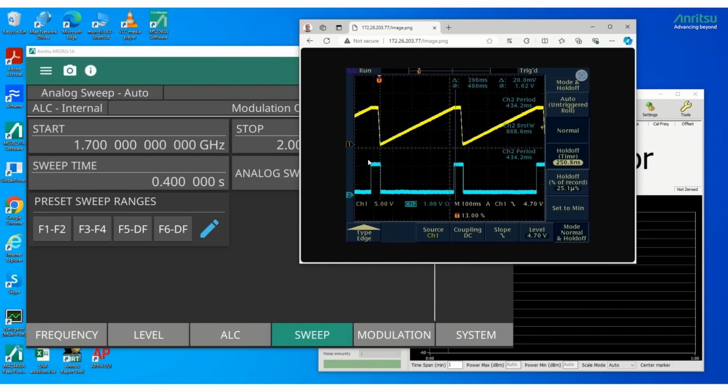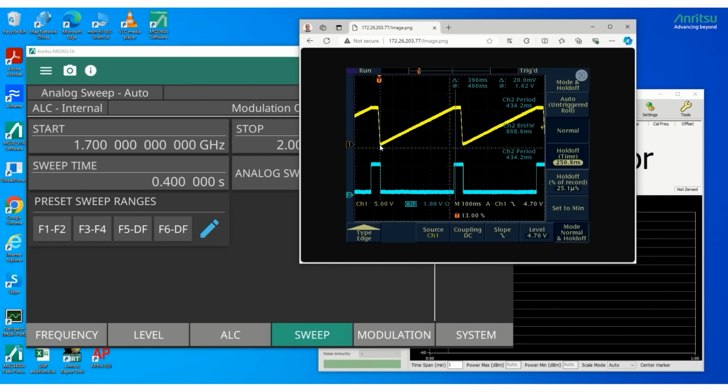Okay, here you can see the ramp signal corresponding to the RF sweep being generated. You can also see the retrace blanking pulse at the bottom. The negative edge of the retrace blanking pulse aligns with the end of the sweep retrace and the start of the next sweep. The ramp signal itself is 400 milliseconds, and I have set up two markers here, one at